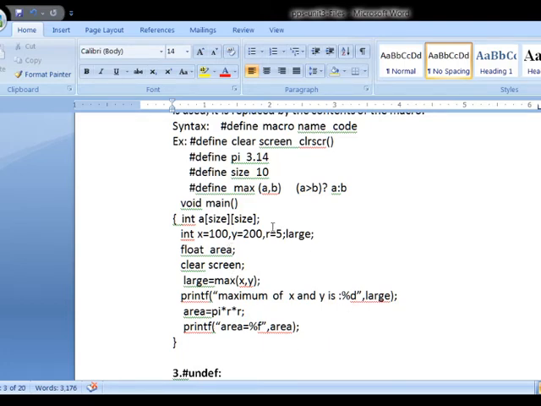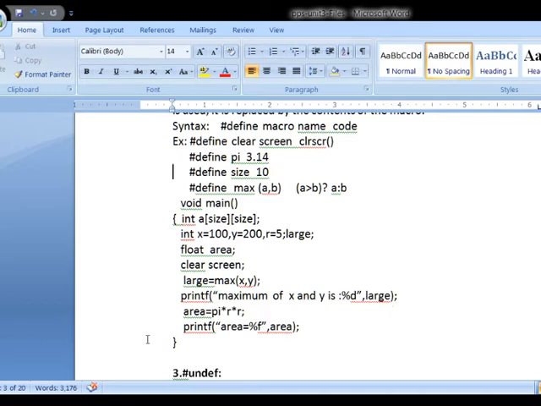Now in place of A and B, 100 greater than 200 will be replaced. 100 greater than 200 is false. If it is false, the conditional operator takes the output as B, which is the y value, 200. So I will get the value 200 in large, and I will display it.